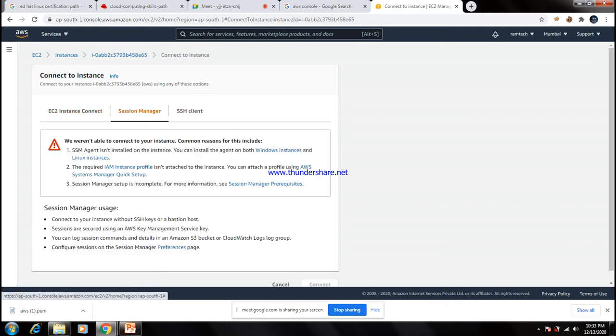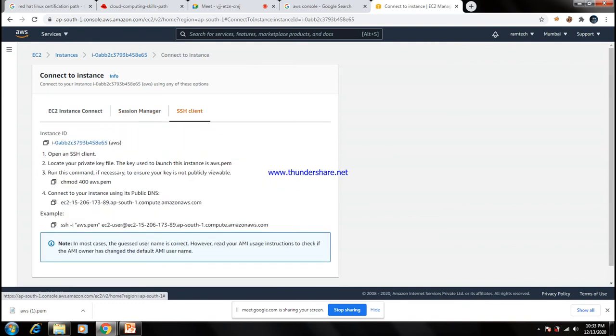Then go to Session Manager. Session Manager will show the sessions, how a session is happening now. The third and last one is the SSH key. With an SSH client, you want to access the EC2. So you can connect using the public DNS, copy the public DNS. Before going to the public DNS, this is the public key, and this public key you want to convert into the private key now.